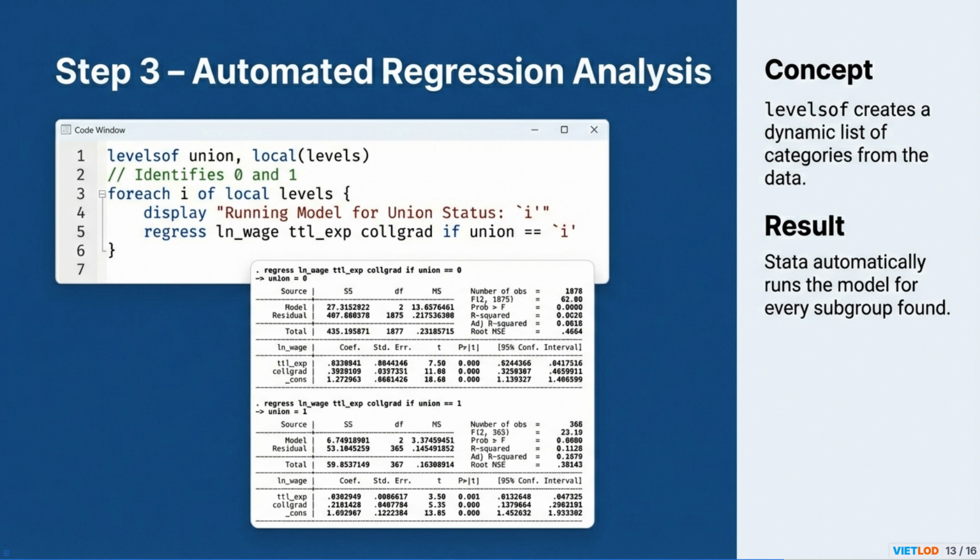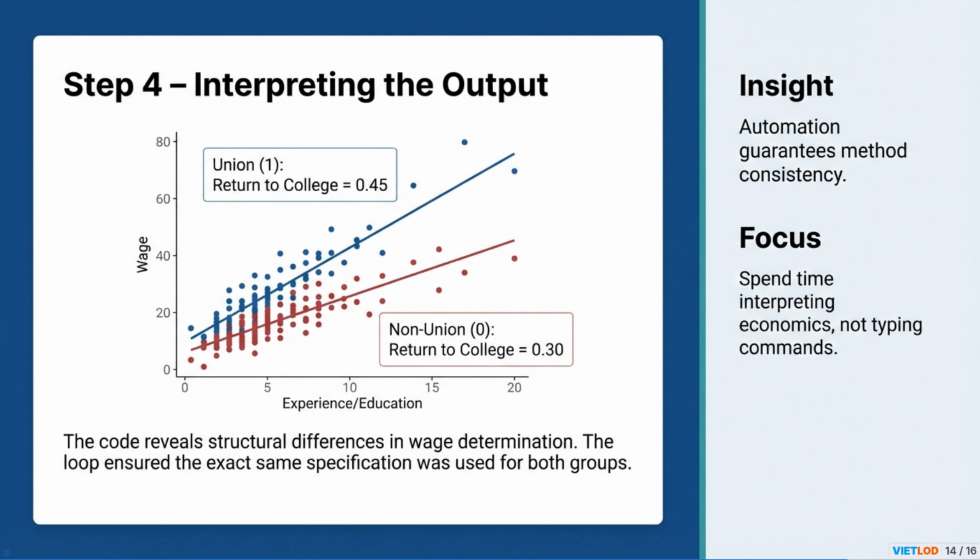Inside the loop, the regress command is run with an if condition. The if union equals l part ensures that in the first iteration, the regression is run only for non-union workers, union equals 0, and in the second, only for union workers, union equals 1. This automates the process of subsetting the data and running the analysis, ensuring the exact same model specification is used